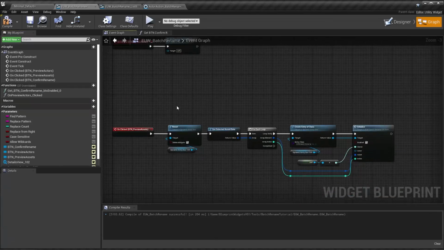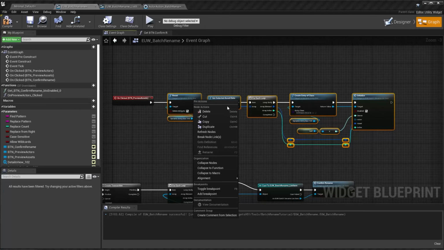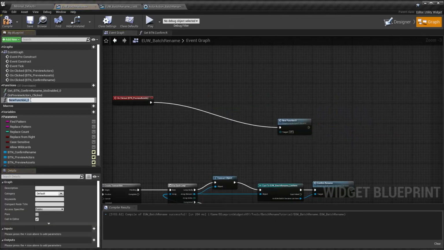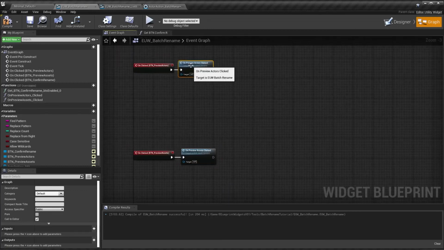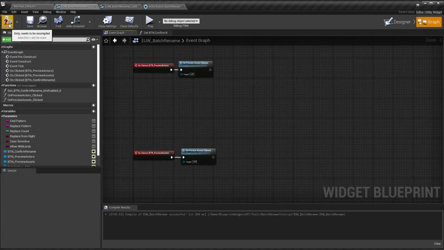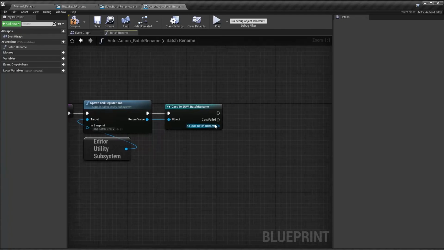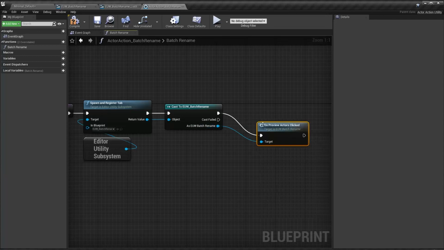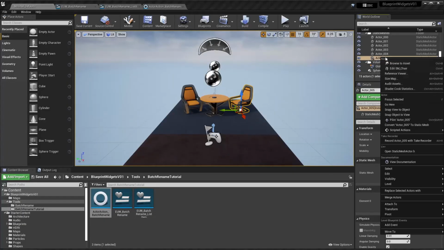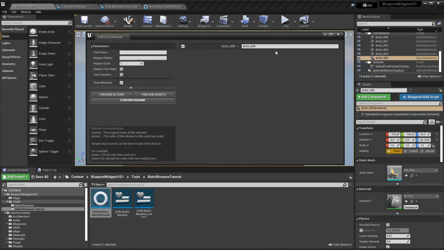We do the same thing for the preview assets. On preview assets clicked. And so now back in this action, we can take that and we can do on preview actors clicked. And so now when someone launches it, they do scripted action batch rename, it's going to show up here as